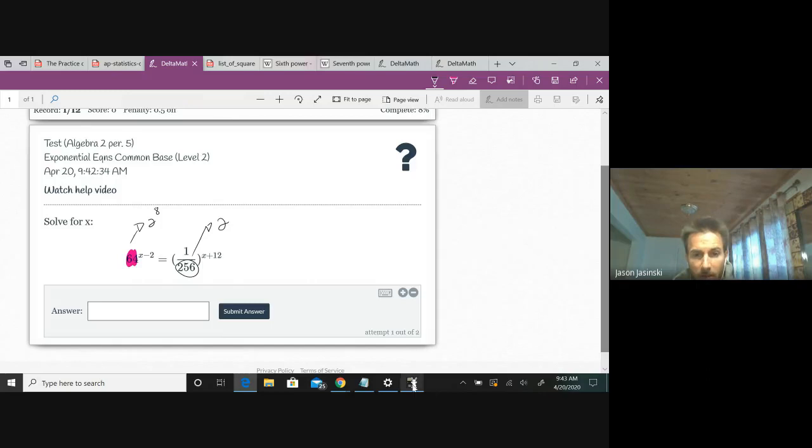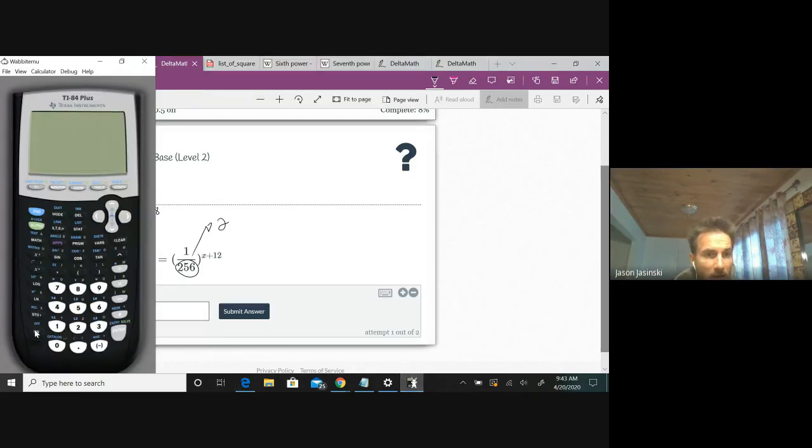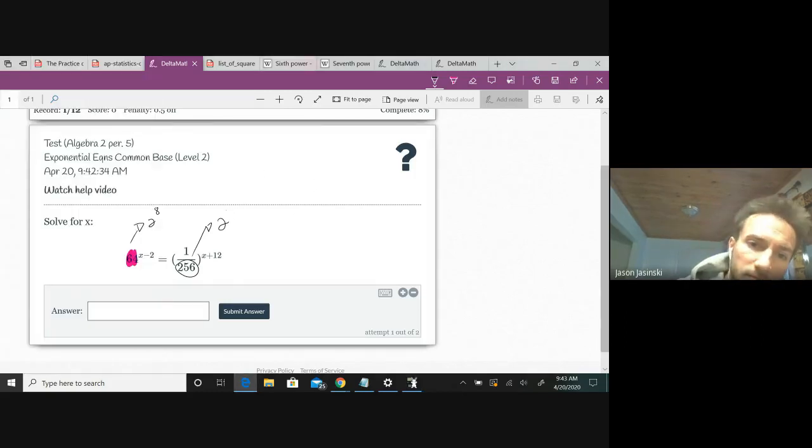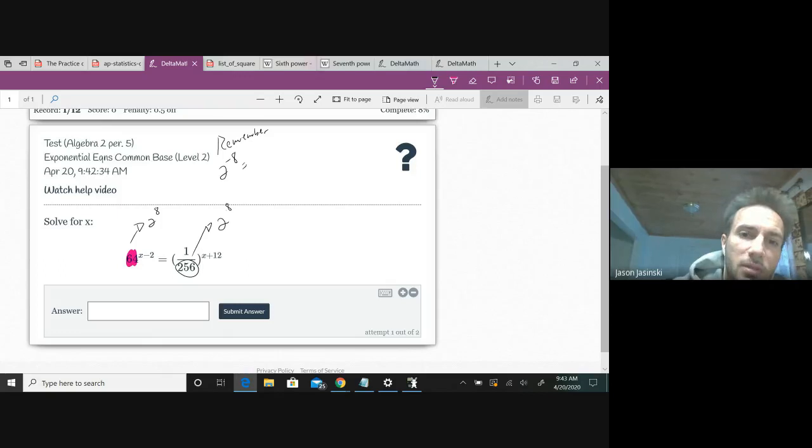All right, so I'm going to pull up a calculator. 2 to the sixth, 64, you need to go higher, maybe 2 to the eighth. So it's 2 to the eighth power. Now, remember, if you have 2 to the negative 8, that means 1 over 2 to the 8, which is 1 over 256. So in fact, the problem becomes